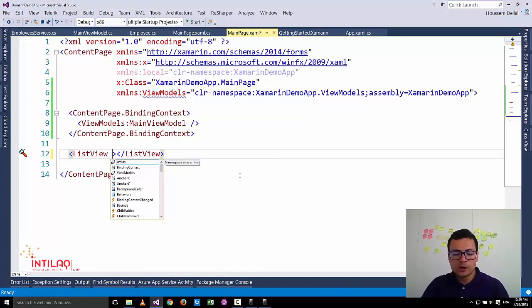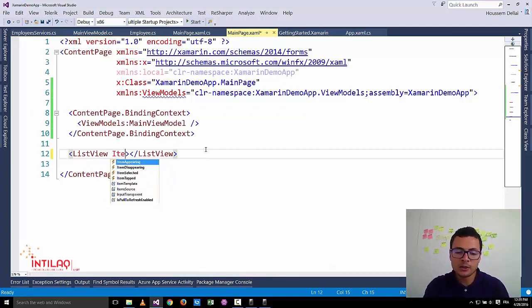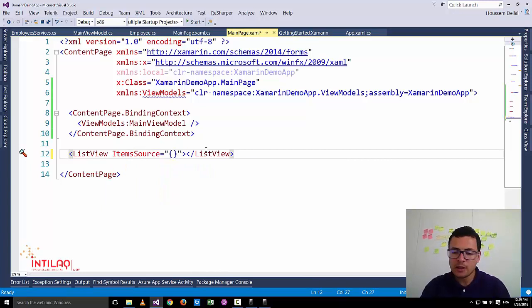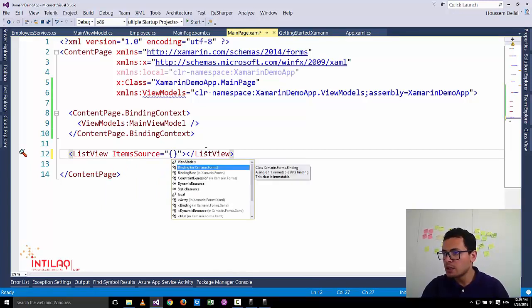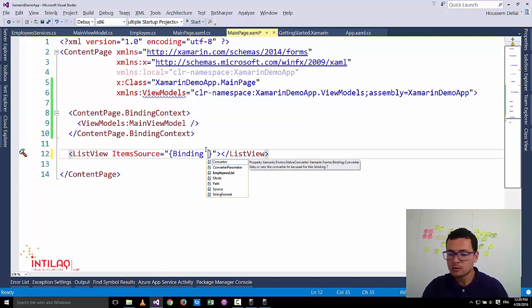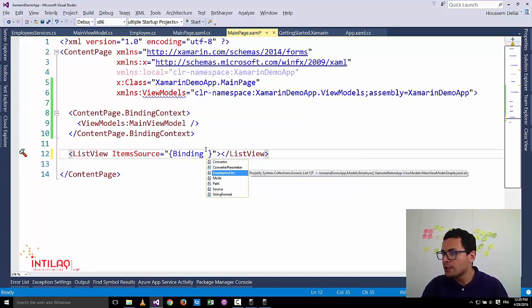So as we saw in previous videos, inside the list view, I'll give it the items using the items source property, and then I use binding. And here you notice I get employees list